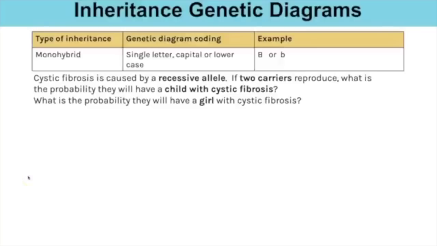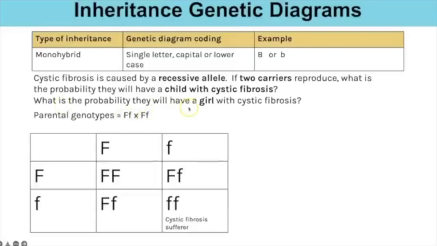So we're starting off with a simple monohybrid example where we're looking at the inheritance of cystic fibrosis, which is caused by a recessive allele. And we're told in this question that we have two parents that are heterozygous, so we can see that represented here. And we're being asked what is the probability they will have a girl with cystic fibrosis. Now don't be thrown, this is not a sex-linked gene, but they still want you to work out the probability